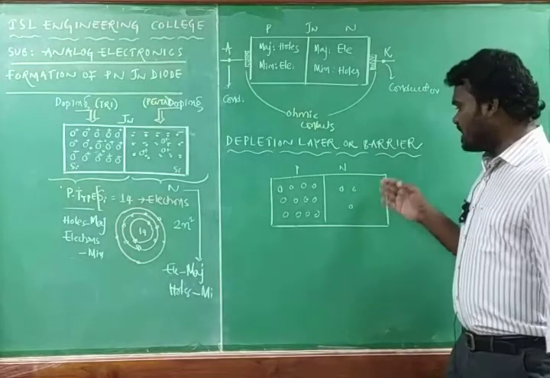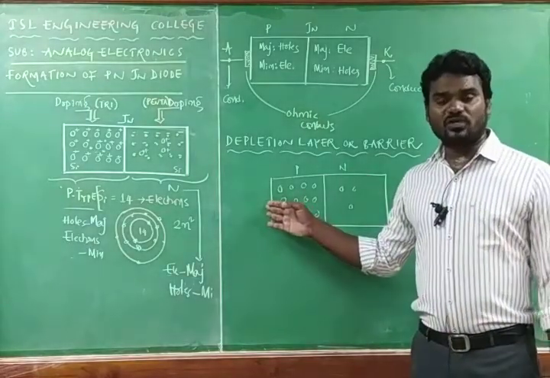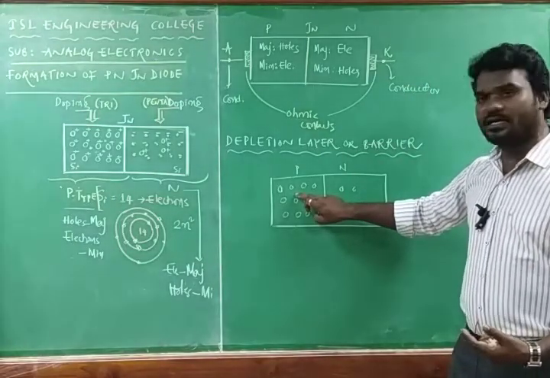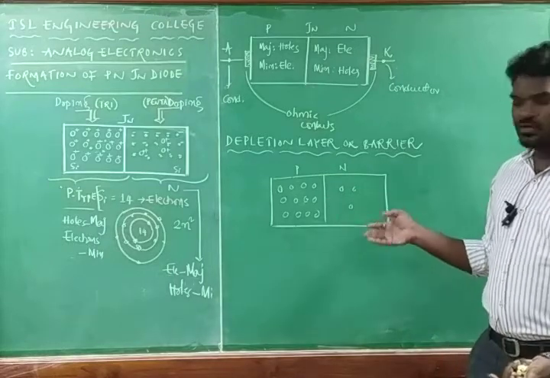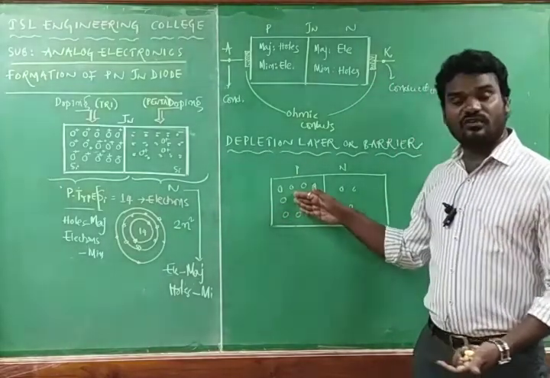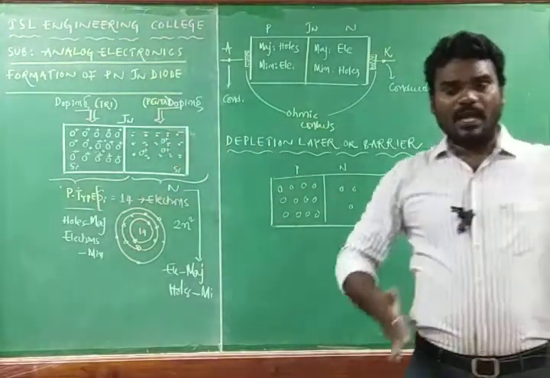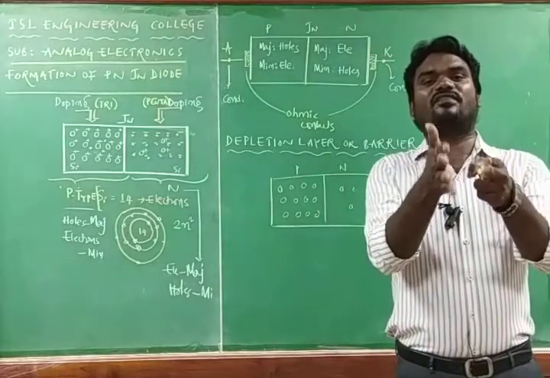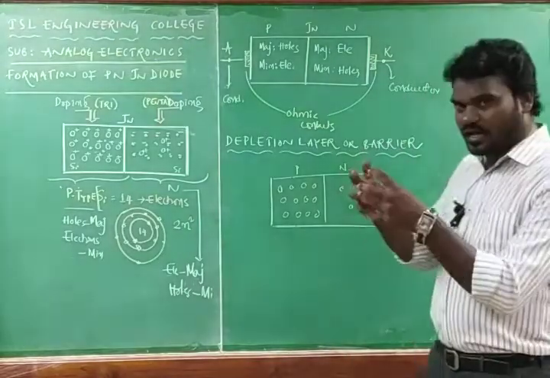Whereas electrons are more in the N-type semiconductor, so they want to move from N side to P side to get the equilibrium. Here electrons are more, and in the P-type semiconductor electrons are less, so there exists a concentration gradient between the P and N material. Electrons want to diffuse from N side to P side, whereas holes want to diffuse from P side to N side. So they are going to have recombination of electron and hole across the junction. There is a recombination of electron and hole.